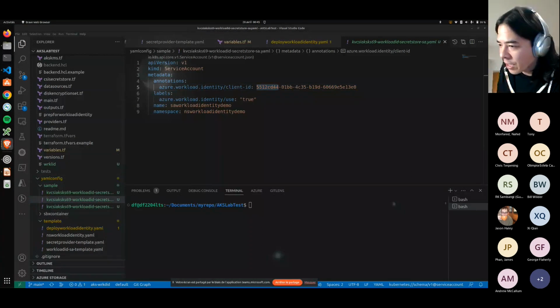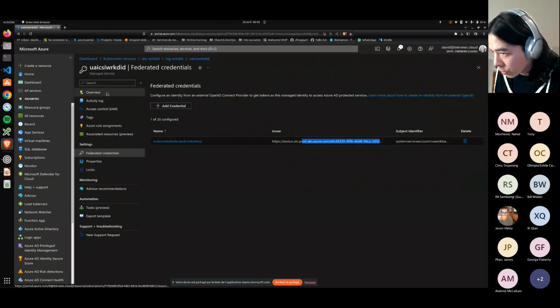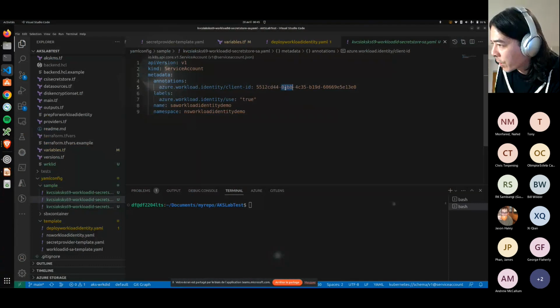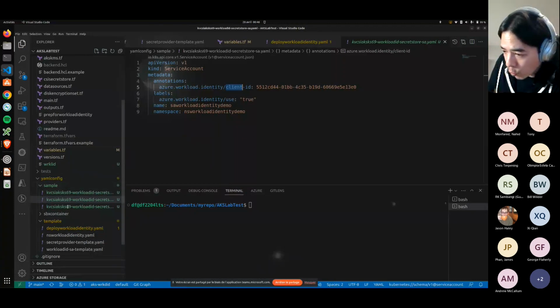If I switch back to my managed identity in Azure and I look at the overview, the client ID, as you can see over there, is the same: 5512 CD 444. Let's go back to my object definition. You can see that this is how the service account is linked somehow to the managed identity in Azure, and it gets, from what I showed you earlier in the deployment for workload identity,